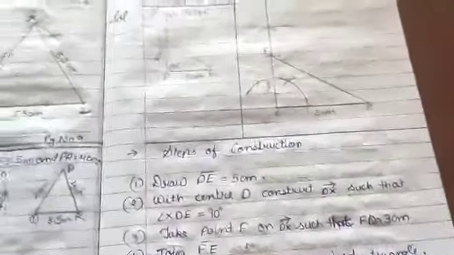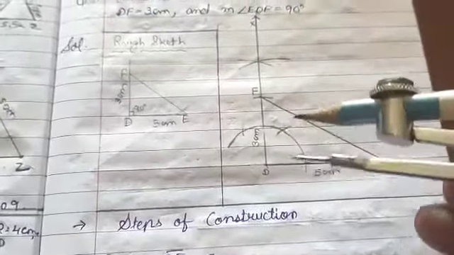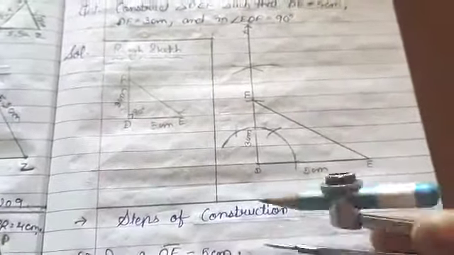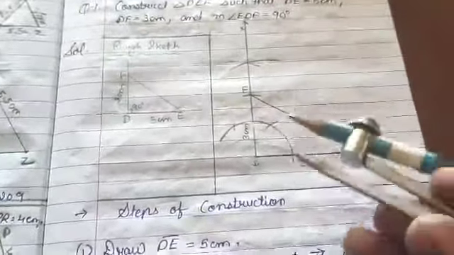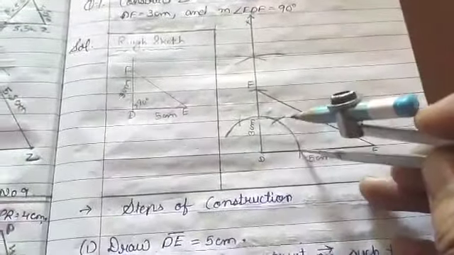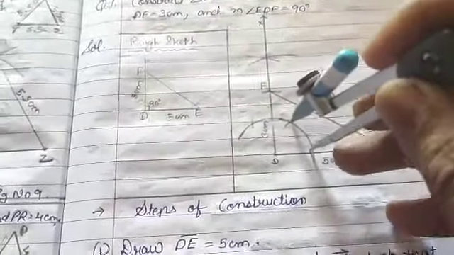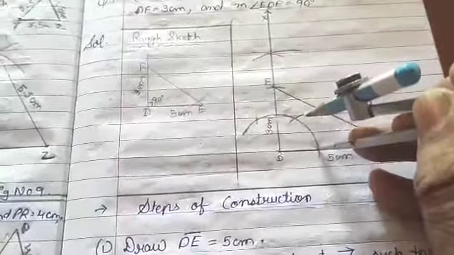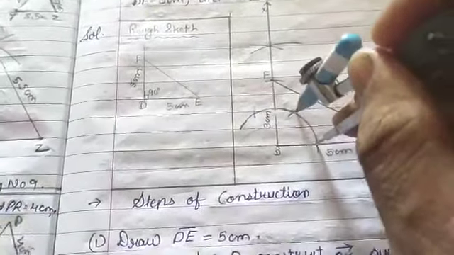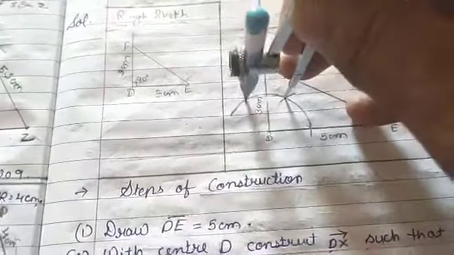Now dear student, here you can either make use of a protractor, but here we will construct this 90 degree with the help of our compass. Now what I will do, take any measure as I have taken and draw this arc, and with the same measure place it over here, and intersect twice. So with the first intersection we get 60 degree, and with the second intersection we get 120 degree.